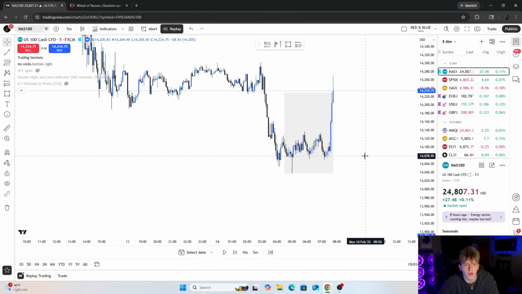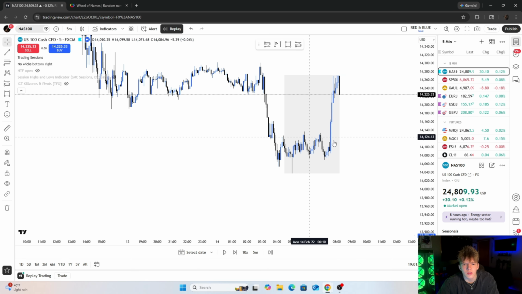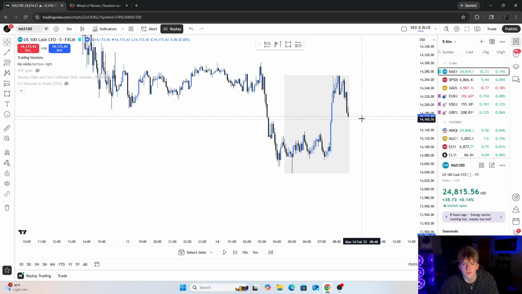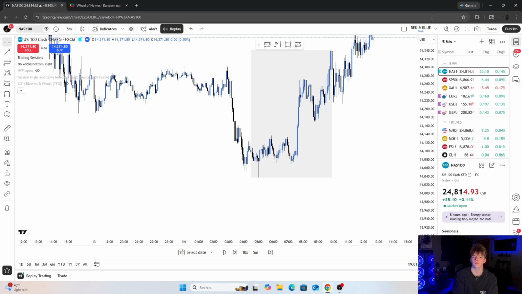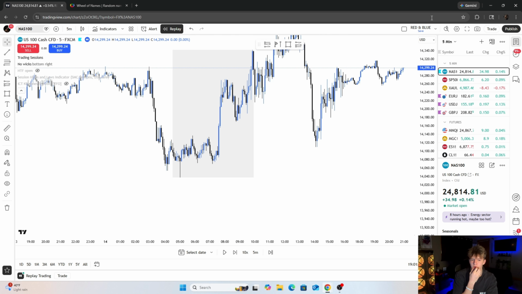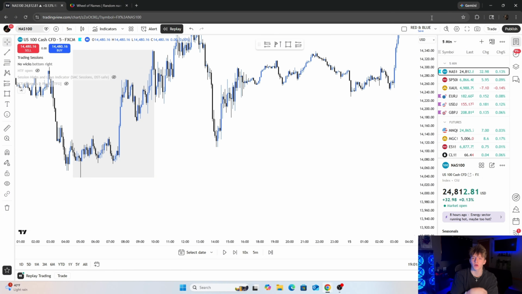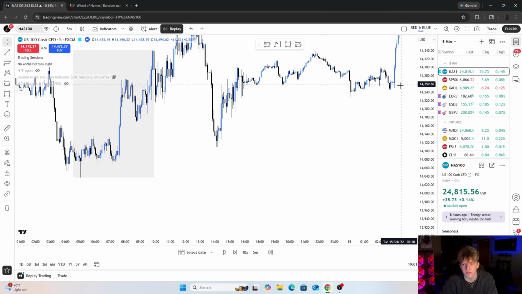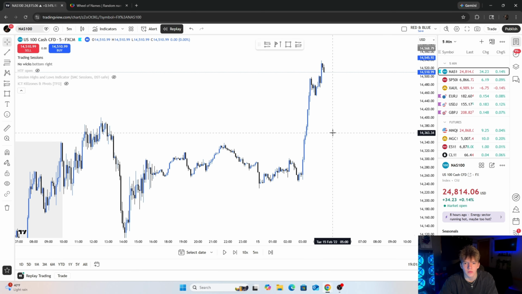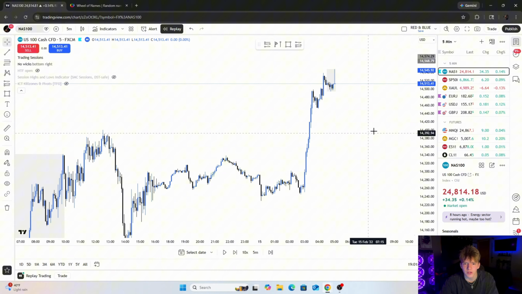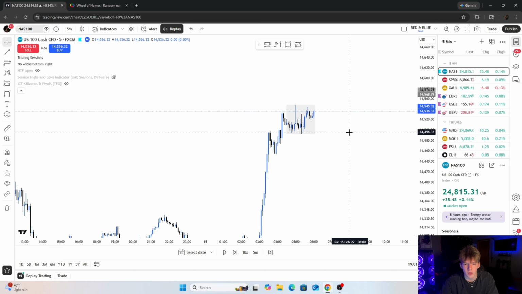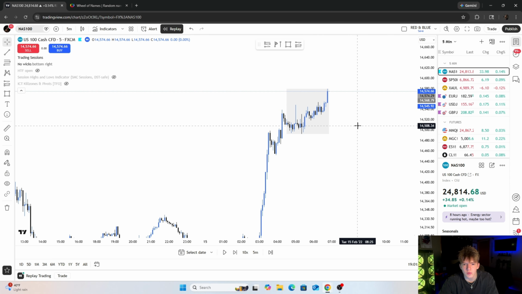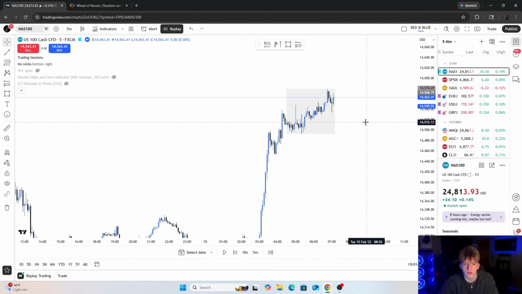Nothing. Finally starting to get some movement. This is all consolidation down here. Nothing again for that session. You guys can see how it just printed a bunch of setups, and then it just dies again for a week or two. So that's why it's important you're trading other pairs at the same time for sure, but that's it so far. Nothing.